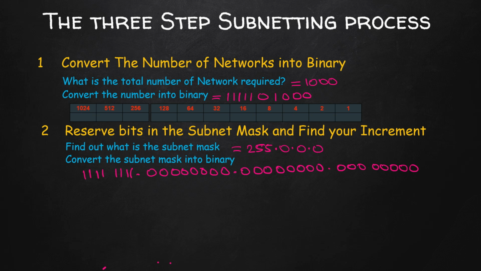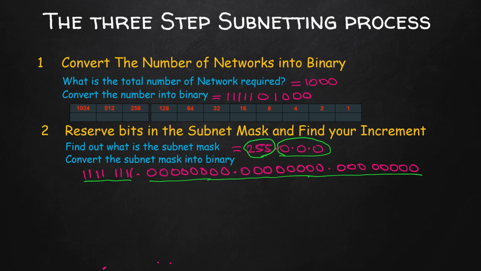Okay. So here the 1s indicate the network part and the 0s indicate the host part. So by default in the class A network, the first octet, that is 255, indicates the network part, and remaining all the 0s indicate the host part. Now what is our requirement? Our requirement is to convert this single class A IP address into multiple subnetworks. For that, you need to sacrifice some of the value from your host part and convert it into the network part,